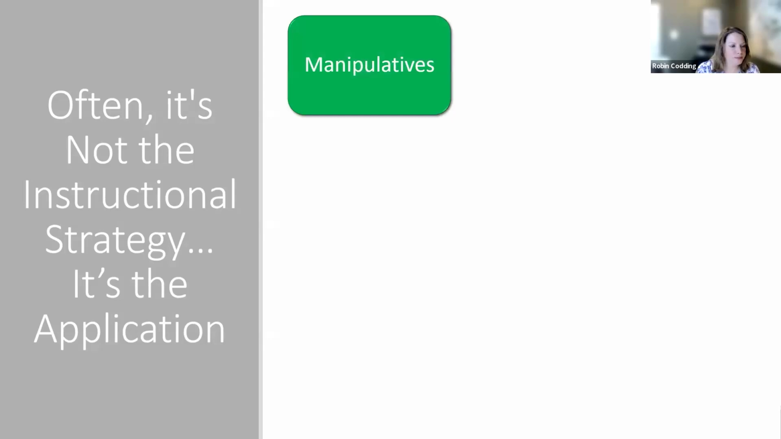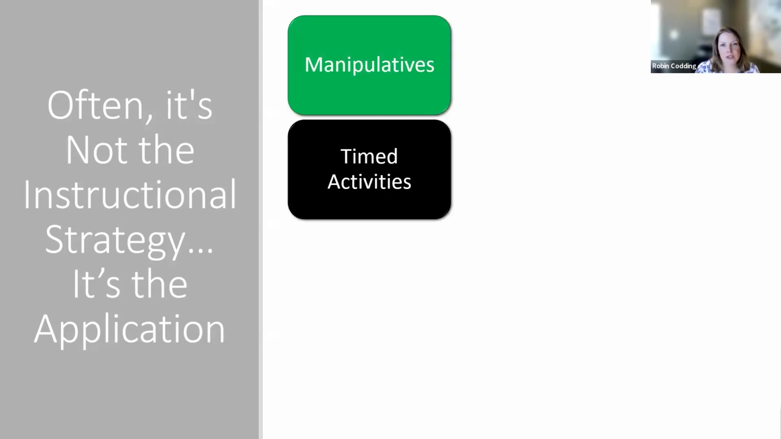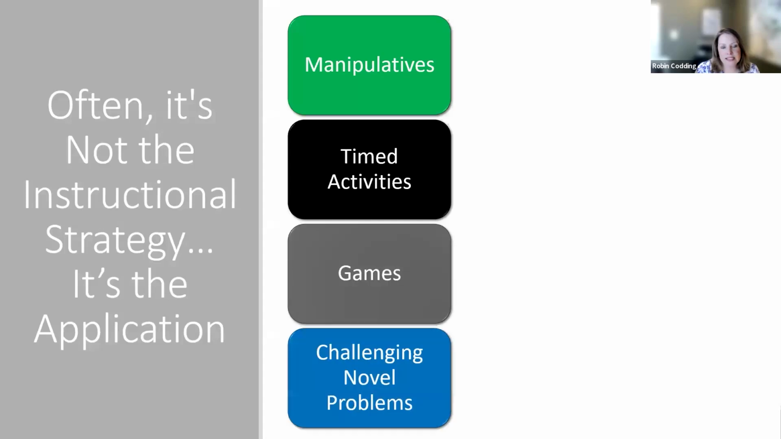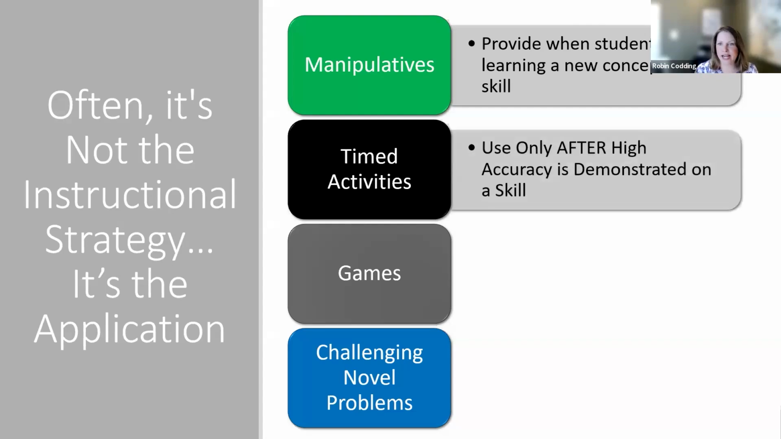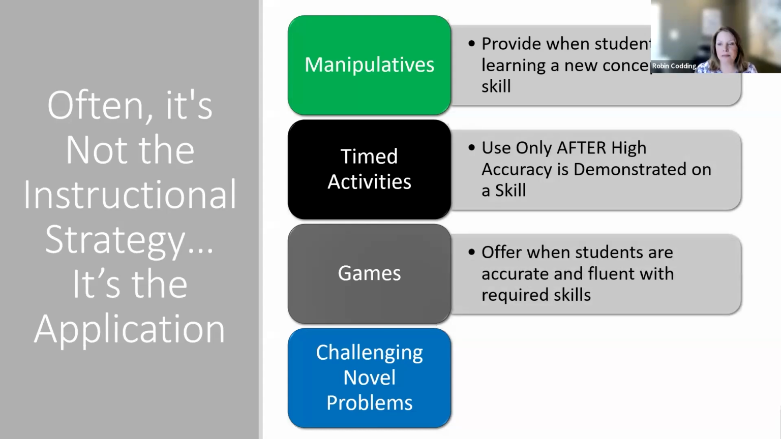So for example, an instructional strategy should align with student needs. So in all of these cases, we might be using manipulatives, but we might be using them at the wrong time. We want to make sure we're using manipulatives when students are first learning a new concept or skill. We want to make sure we're using timed activities only after high accuracy is demonstrated on a skill. We want to be using games when students are accurate and fluent with required skills because games are really opportunities